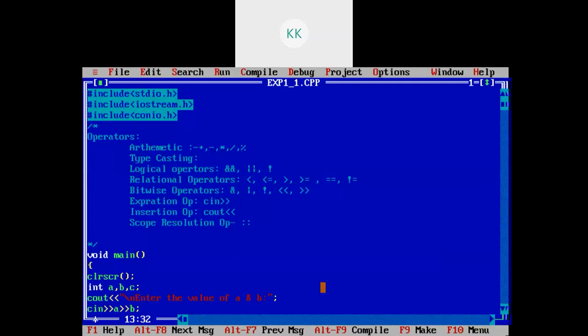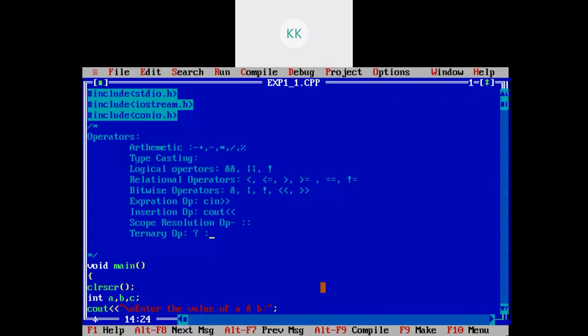Then the other types of operators are ternary operators. Ternary operators are written with a question mark.